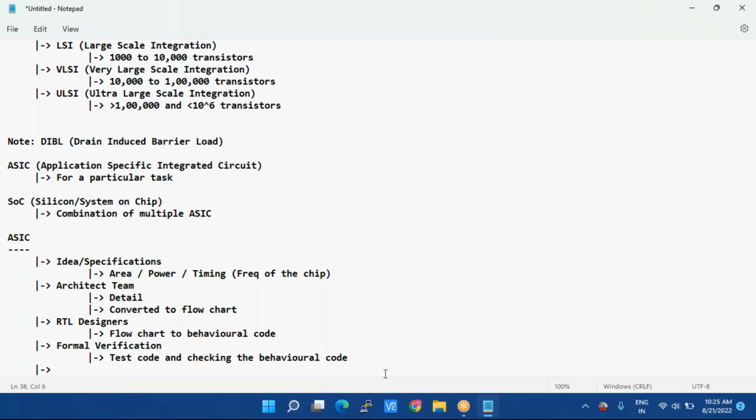Once that particular code is checked, the next step I'll try to perform with respect to the code written is timing constraints, DFT and CLP. So with respect to the RTL code which we have written, it's not or